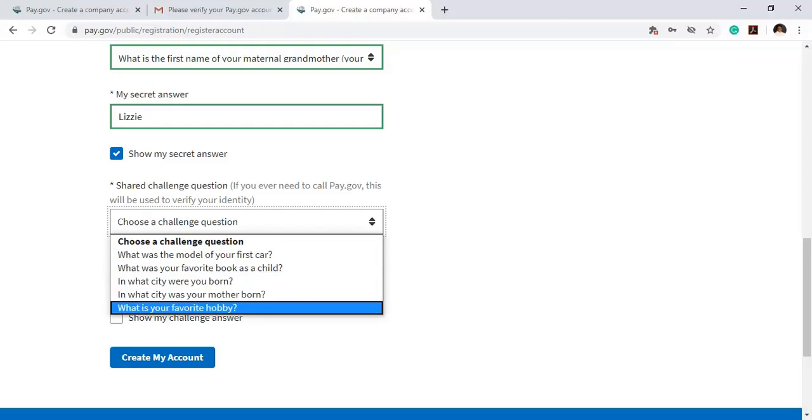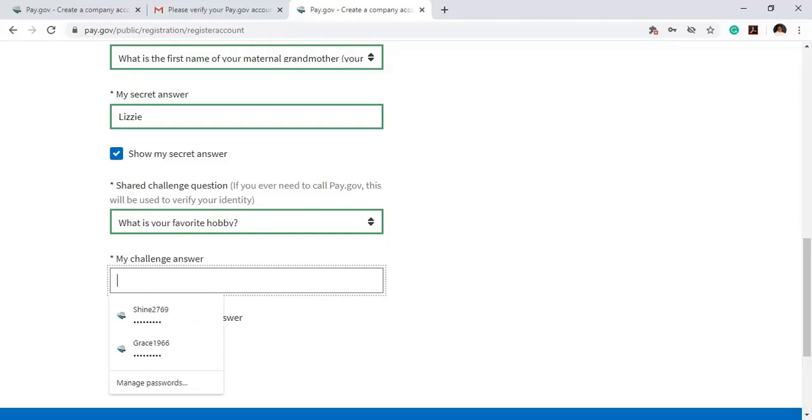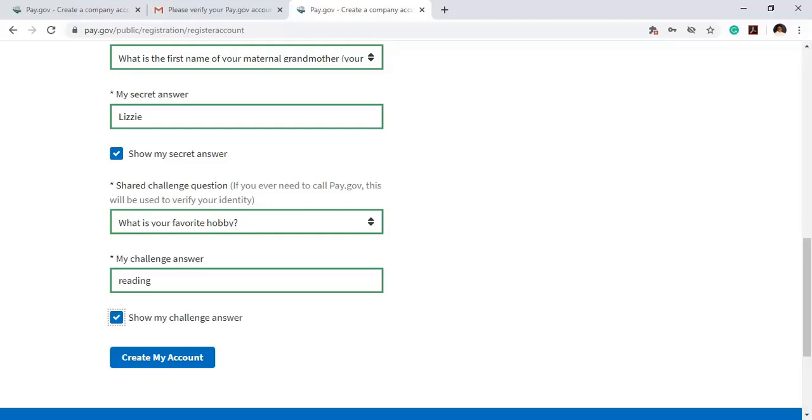So I'm going to go down to what is your favorite hobby? I like that one better. And I'm going to type reading. Reading is my favorite hobby. So whenever I call Pay.gov, my challenge question is, what is your favorite hobby? And my answer is reading. So I'm going to write that down